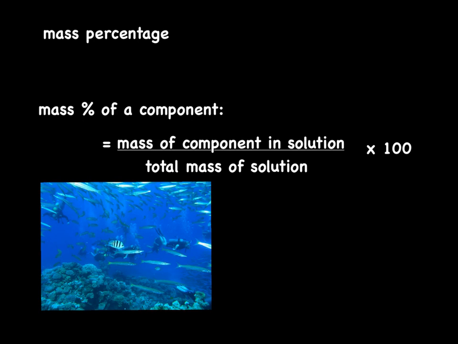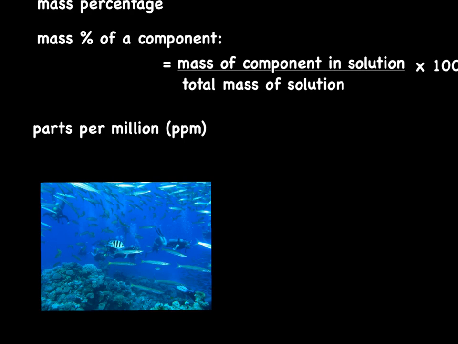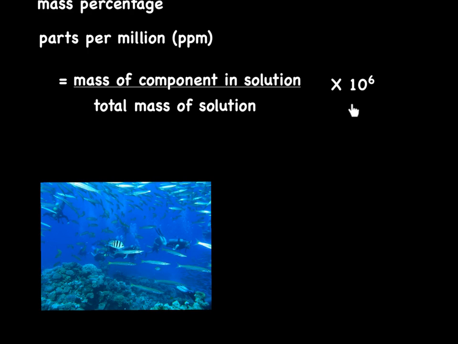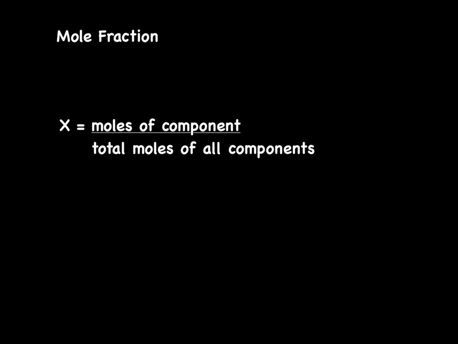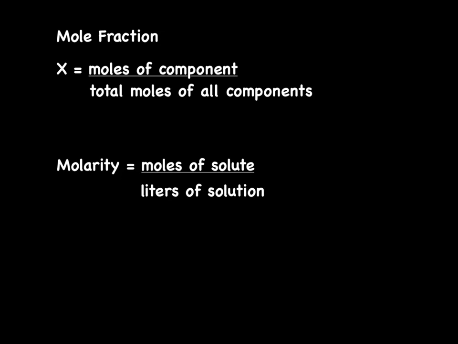For very dilute solutions, for example, if we were looking at the amount of a solute present in seawater, we could use parts per million, multiplying by 10 to the sixth, or parts per billion, by multiplying by 10 to the ninth. Since concentration expressions are often based on the number of moles, we'll also use mole fraction. Remember that mole fraction is the number of moles of one component divided by the total number of moles of all of the components. And we'll also use molarity, which is moles of a solute divided by liters of the solution. Remember, that's the total solution,